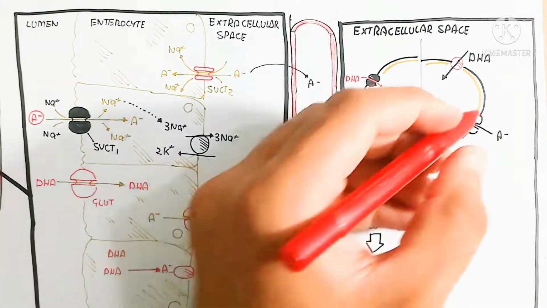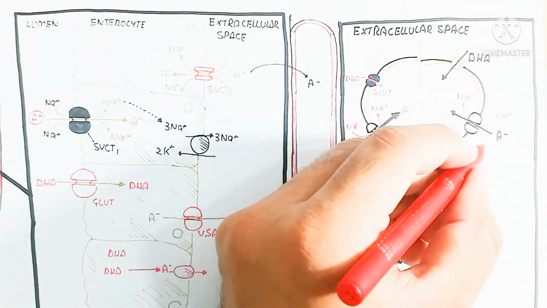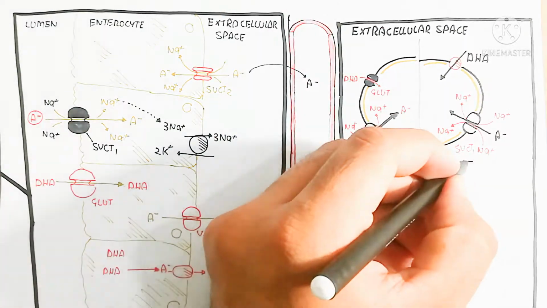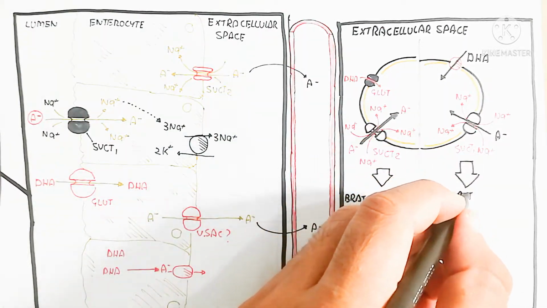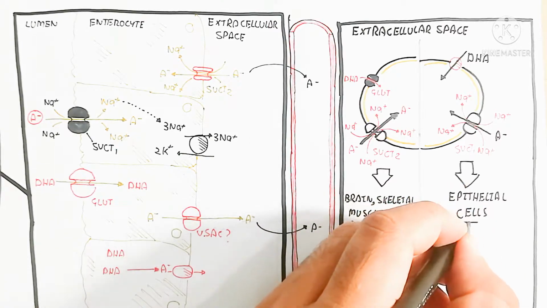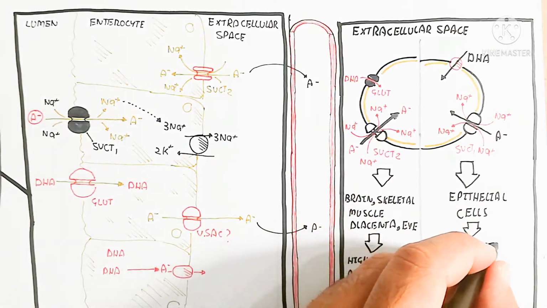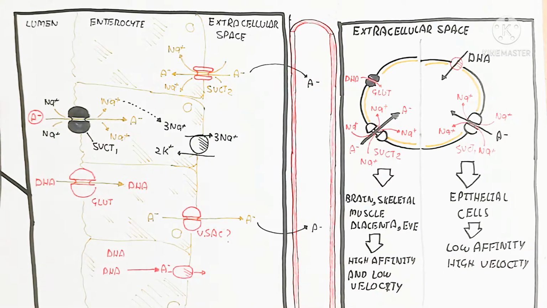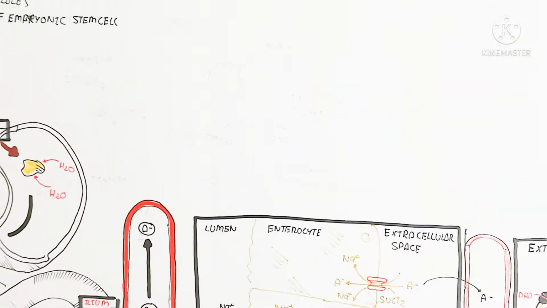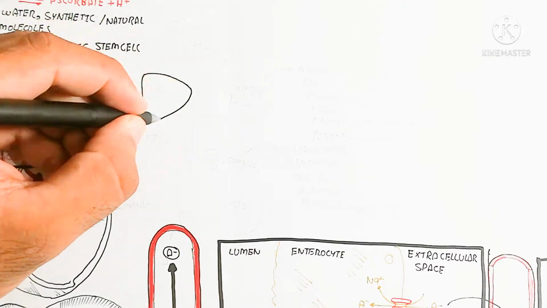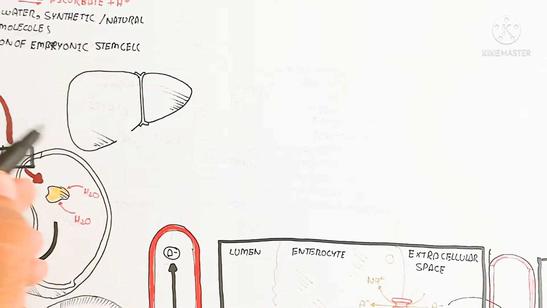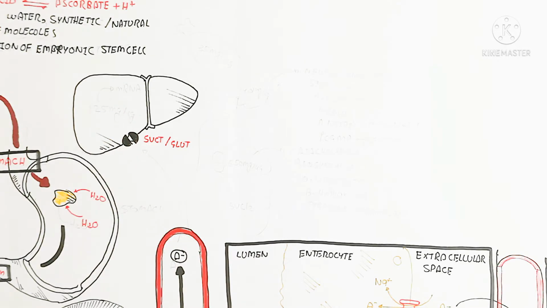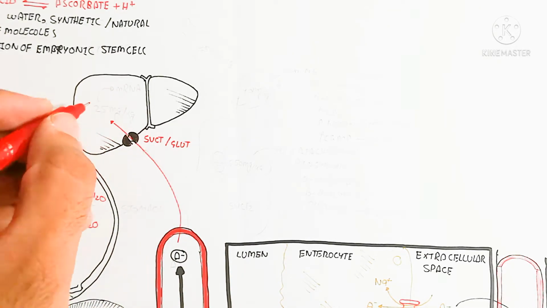Here, this is the high affinity and low velocity, while in this case the dehydroascorbic acid will move in, influx of that, and that is the same mechanism as the SVCT1 channel, which is important for the epithelial cell, and in this way the low affinity and high velocity. So in this way, after it goes into the blood circulatory system, we will discuss first